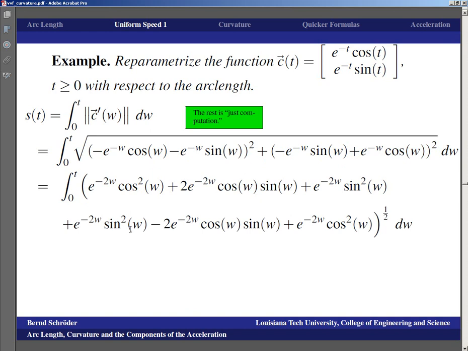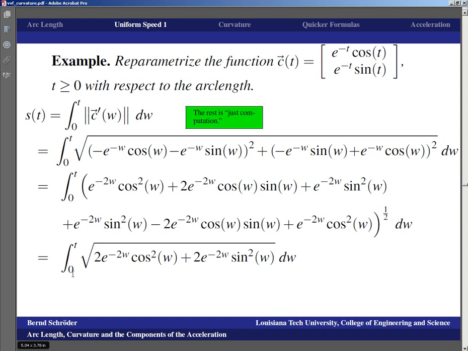the negative 2w sine squared w, minus, this time that stays in because we've got a minus and a plus, 2 times the first times the second, so e to the negative w times e to the negative w is e to the negative 2w. Then we've got the cosine w and the sine w here. And finally, we square the second one, e to the negative 2w cosine squared w, raised to the 1/2 dw, and we can see this term here is the same as this term here, only that the one on the bottom is negative, so those two cancel. Other than that, this one combines with that one, and this one combines with that one,